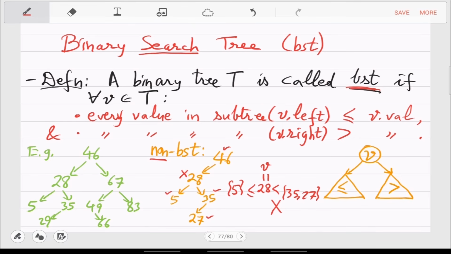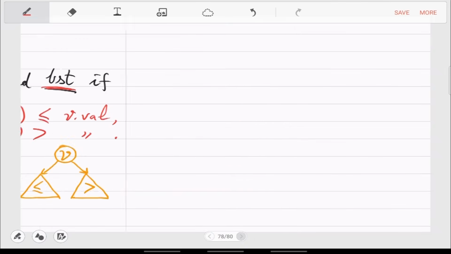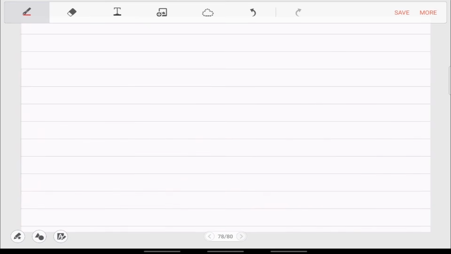And then you come, let's say X is less than 46, so you will come to the left descendants, the left subtree. Next you will compare with 28. Right? So either x is equal to 28. So then you will say match. Or x will be less than 28, greater than 28, then you will move to either 5 or 35. So that's why this is a beautiful abstraction of search in binary search.